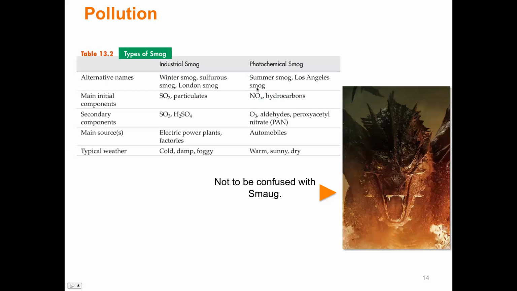Here we have our hydrocarbons and our NOx's, and on the other side our industrial smog, primarily carbon and sulfur oxides. Very often these are very different. London smog means cold, damp, foggy weather. Over here with photochemical smog, you're adding in that heat and that temperature inversion, and that has a sort of yellowy haze to it, all right?